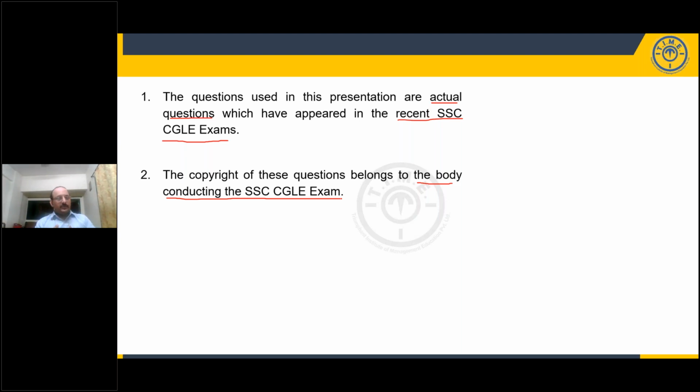When we display the question, I would be continuously explaining how to solve it, but I would request you to pause the video for a minute, try solving the question, and then you can play it again and see whether you were right or wrong. All right. So the moment I display a question, pause the video, try solving the question, then play and see whether you got it right or you got it wrong.